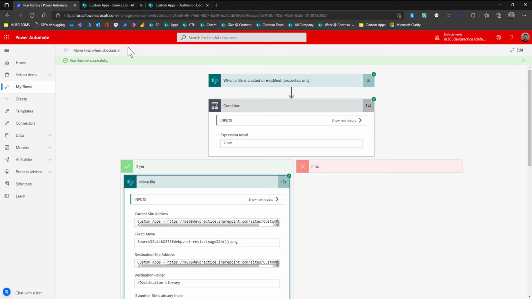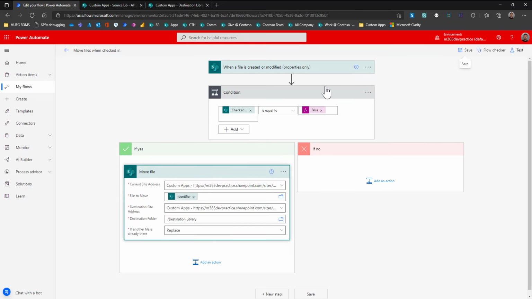And there is one more thing we can do. So here, instead of checking whether the file is checked out or not inside the flow, we can also use the trigger condition to check the checked out state. So the difference is, whenever the file is uploaded, if it is in the checked out or checked in state, the flow will be executed, which will increase your flow execution count. So if you put it in the trigger condition, then it will restrict the flow from being executed when it is checked out. So this will reduce your flow execution count and allow you to use it wisely for other business process. So let us see how we can do that.